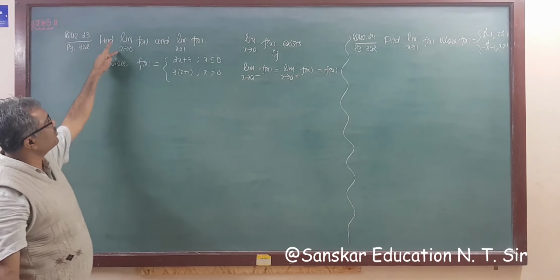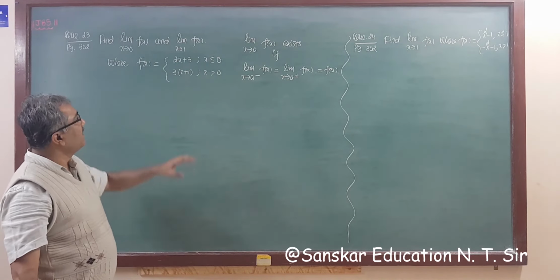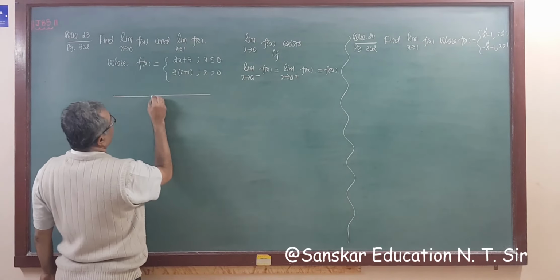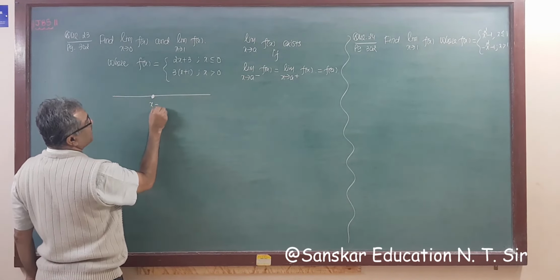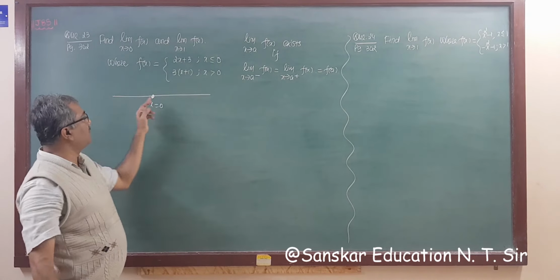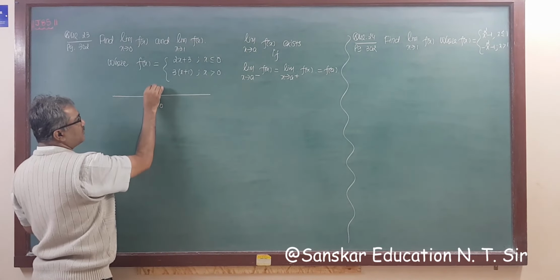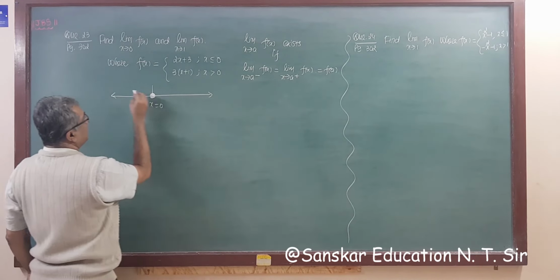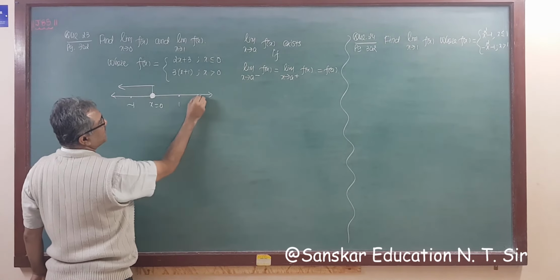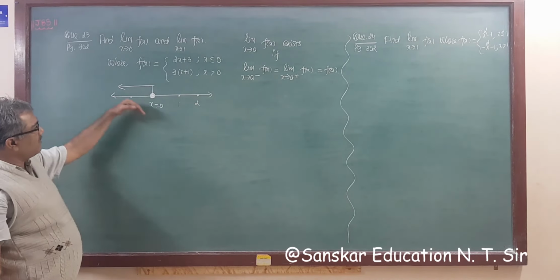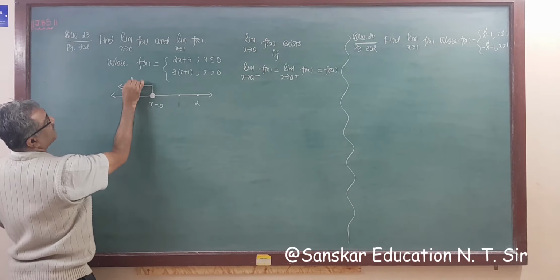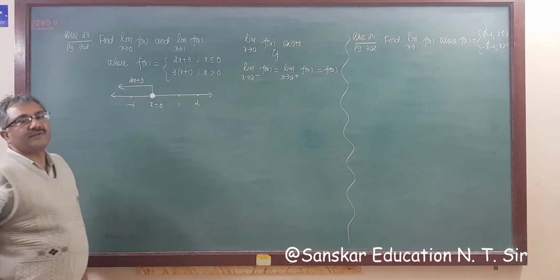So we have to find out x tends to 0 as well as x tends to 1. Now the meaning of this function, let us see. Suppose x equal to 0 is the critical point here. While the value of x is less than or equal to 0, on this number line, suppose this is -1, this is plus 1, this is plus 2, from this side onwards the answer of the function is always twice x plus 3.